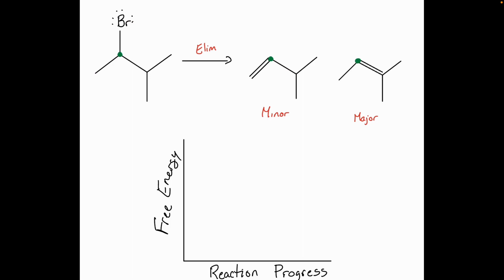All right, so I'm going to do my major product in blue. Okay, and I'm going to do my minor product in red. My reactants are the exact same, so I'm starting out at that same energy level. There's really no difference in the transition state energy. The difference is simply that my minor product is less stable, so it has a higher free energy. And truthfully, this is probably a little bit exaggerated. Again, you do get a good bit of minor product, so they're pretty close together. It's nothing too crazy. All right, but the reaction will favor the more stable alkene,